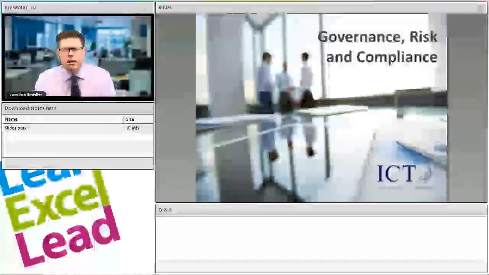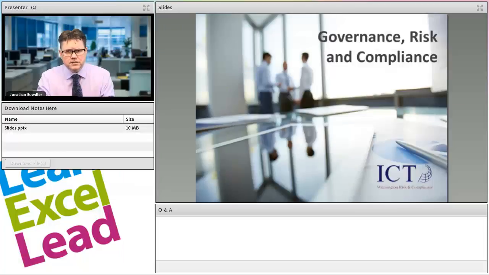Okay, so what I'm going to do now, just for 5 minutes, is using governance, risk and compliance as an example, and I'm using this as my example stream because it's the one that I look after at ICT. I'm going to talk you through quickly the structure, the levels within governance, risk and compliance, and then I'll very briefly talk about the different levels within AML and financial crime as well, to give you a little bit of insight so you can choose the right stream and the right level. But this is where you probably want to start asking questions potentially, or you can wait until the end. But by all means, just raise any questions as we go, and I'll try and answer them as I can